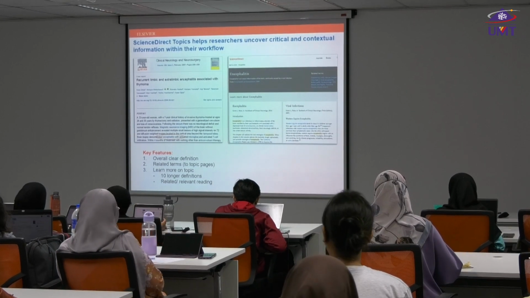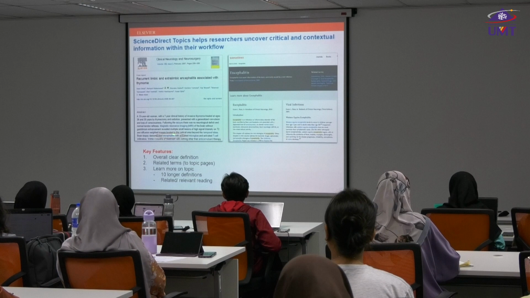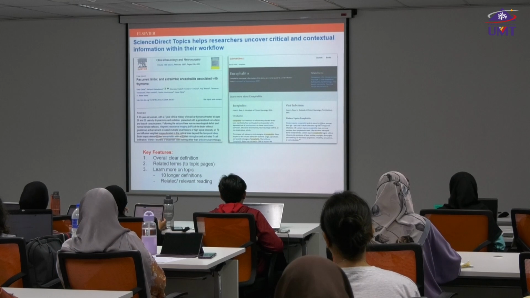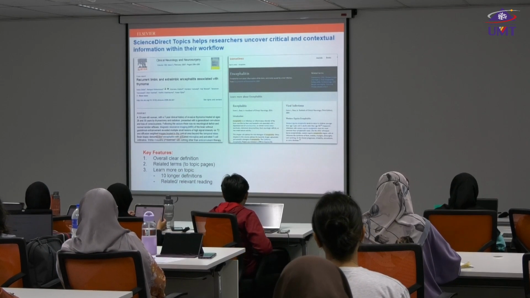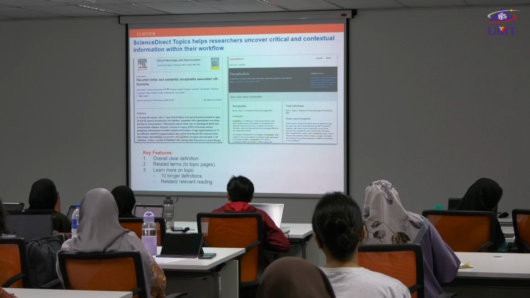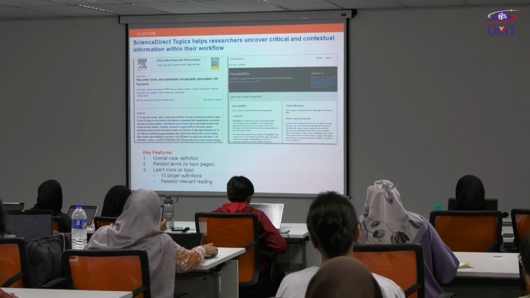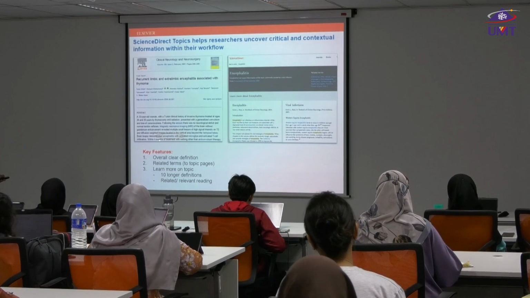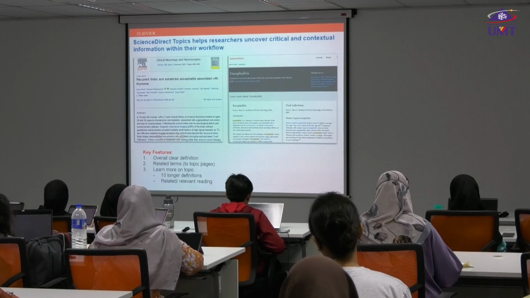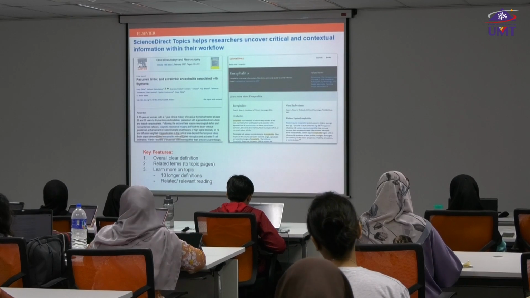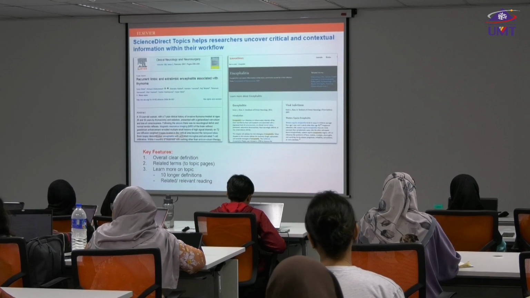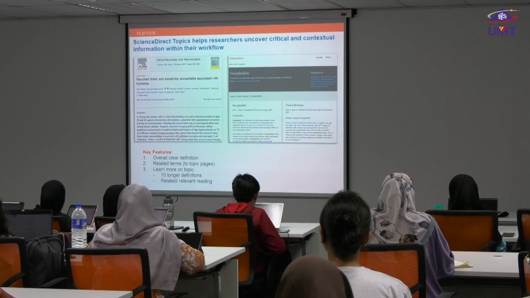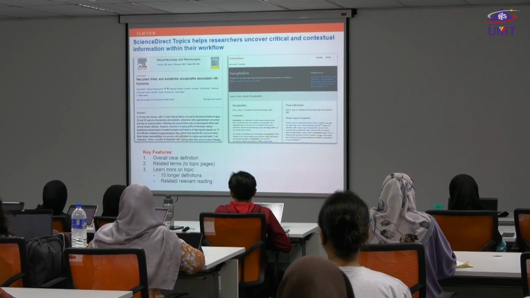Then you just need to click that part that is hyperlinked in blue. It will land you on this page called topic pages. Once you land on this page, the key features of ScienceDirect Topics provide you an overall clear definition of what encephalitis is. So you do not need to Google, you just need to click it. Then it brings you to the definitions. And you do not need to worry, oh my God, if I go to Wikipedia for the definition, my lecturer is going to deduct marks or not going to give me good grades, right?